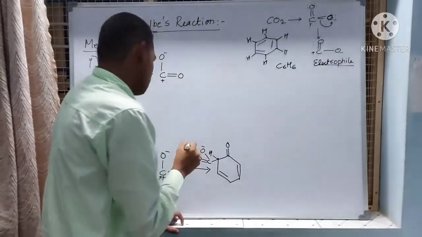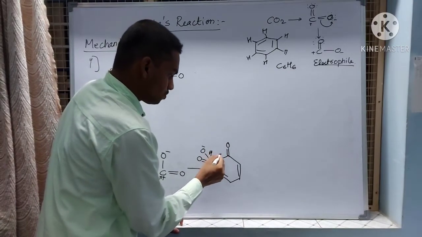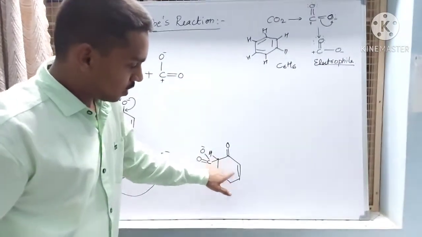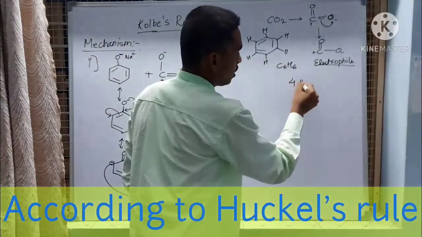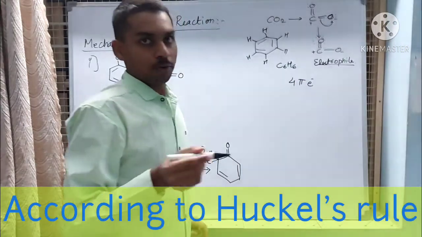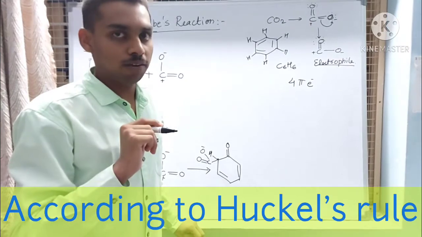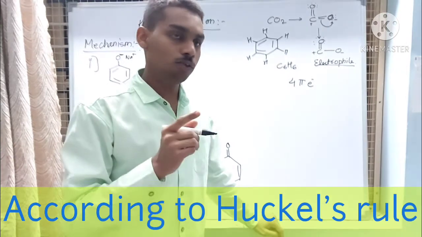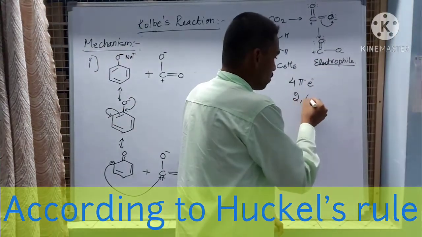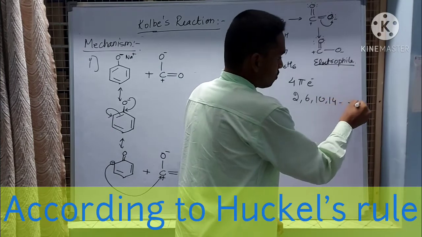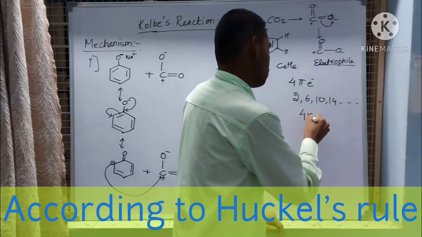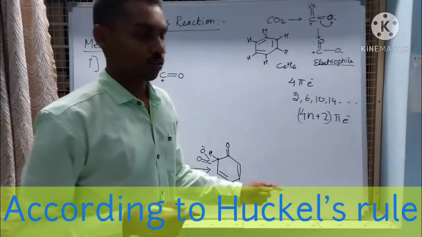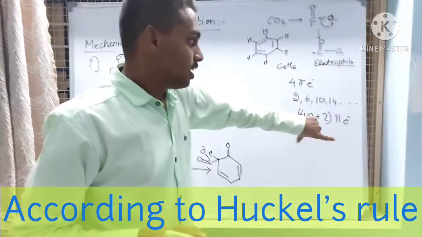Now, see here, if you look at this structure, it is having 4 pi electrons. In one of my previous videos, when I was talking about Hückel's rule, I told you that 2, 6, 10, 14 and so on, that is 4n plus 2 pi electrons. If any aromatic ring is having this many pi electrons, then that structure will